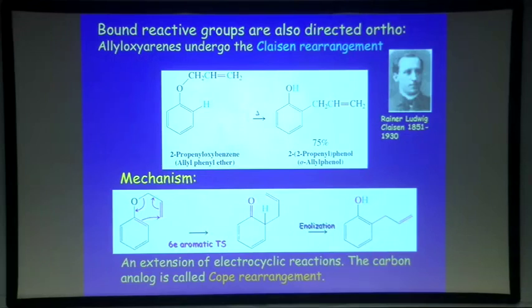So in the subsequent step, just as we did here in the Kolbe-Schmidt reaction, the proton migrates over to the oxygen to regenerate the benzene aromaticity. And so this is named after the discoverer, Claisen. It's called the Claisen rearrangement, or more specifically the aromatic Claisen rearrangement, because it involves the double bond of a benzene ring, which is actually intrinsically